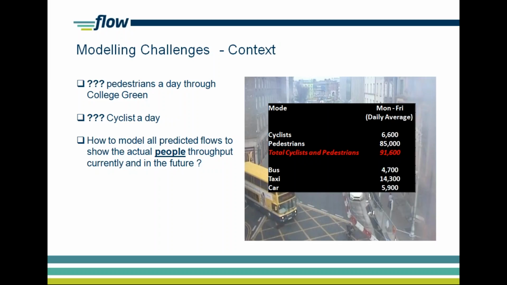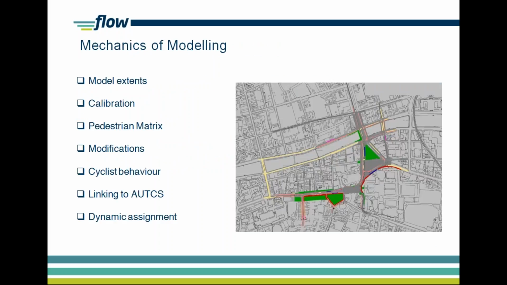Yeah, okay. So what we did for College Green is we selected a significant area to do micro modeling, which is highlighted on the drawing there. We would have gone through the calibration of that model against existing traffic flows, developing a pedestrian matrix, things that would normally not be done before. And then we looked at 12 layout options for the area, and we're doing modifications, remodeling, and in these particular areas we had to also try and mimic cyclist behavior